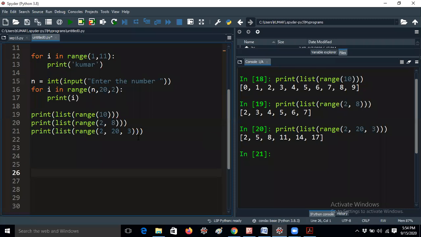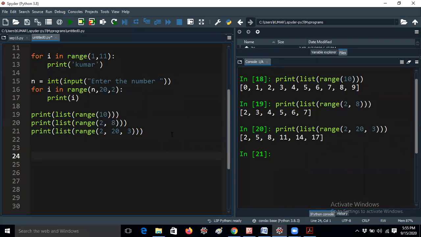Okay, so this is called step count, right? That means 3, 4 will be skipped. Whenever you're giving 3, it will print the third number after 2. That means 3, 4, 5. You can calculate like that. So this is the correct answer. Or you can add like this, 2 plus 3, 5. That is not a problem at all.